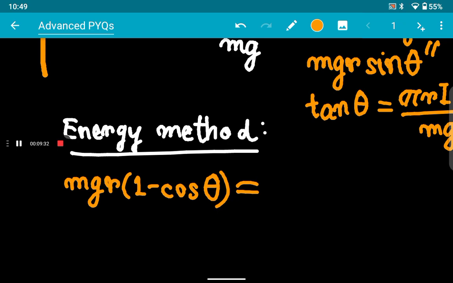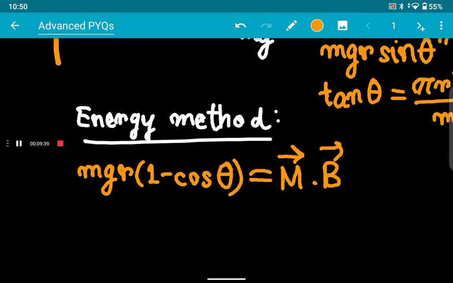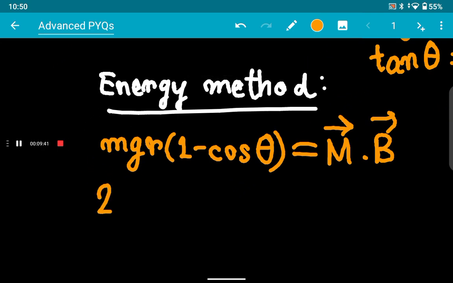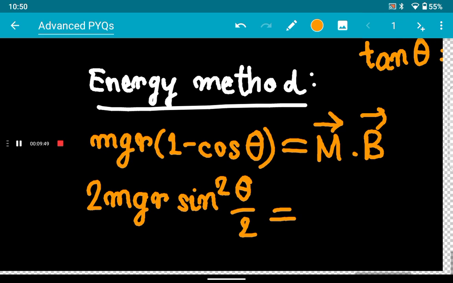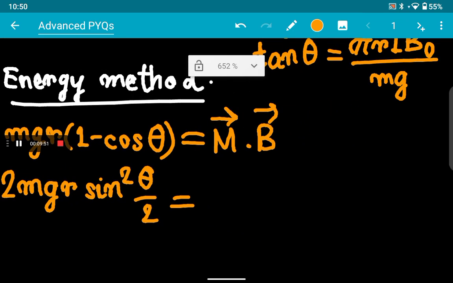For magnetic dipole moment M, so here you will simply have M dot B. So if you go by this method, let's calculate this. This is 1 minus cos theta, so this becomes 2 mgr sin square theta by 2, and M dot B, so this side becomes just what we calculated, pi r square I b naught,